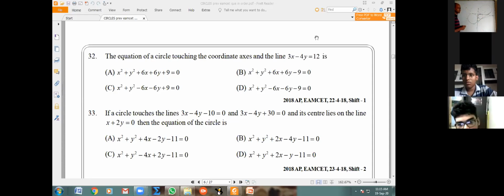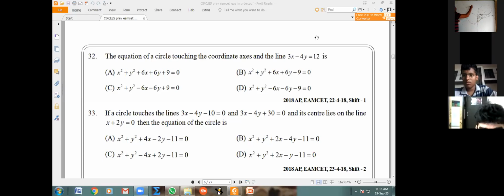Another way to do this is, I am going to take this point as r comma minus r. And the radius, I'm not going to take as r, I'm going to take as mod r. When I take the radius as mod r, I'll be covering both second and fourth quadrant. If I take the center as r comma minus r, radius mod r, if r is positive, you will be in the fourth quadrant. If r is negative, you will be in the second quadrant. Both will be covered. From here to that line, you can use the perpendicular distance formula.